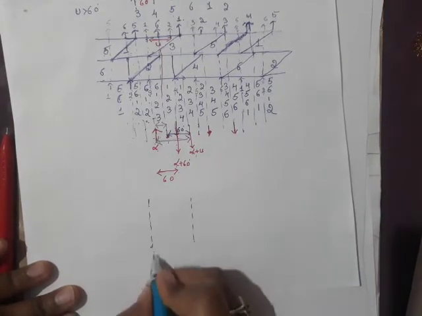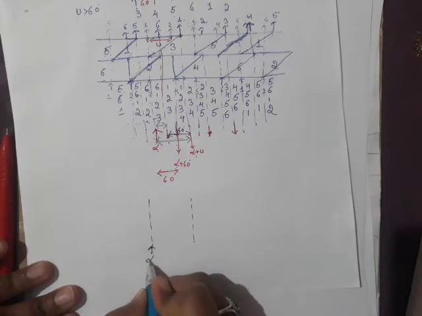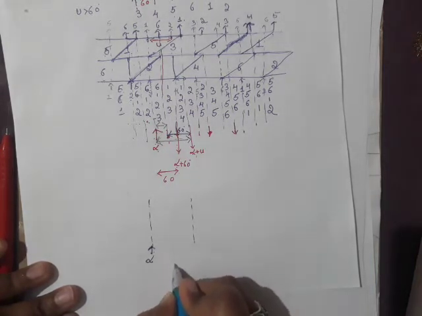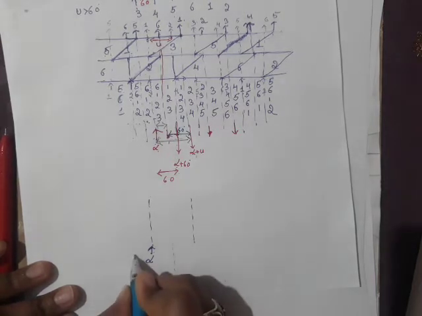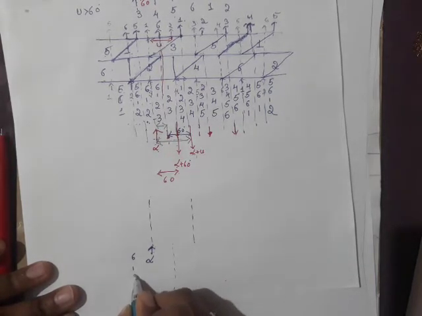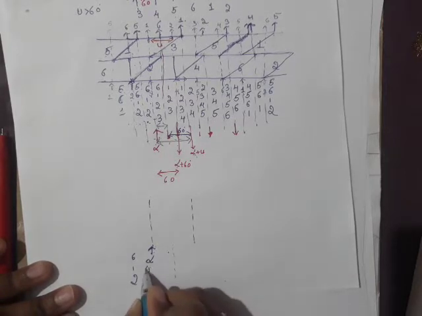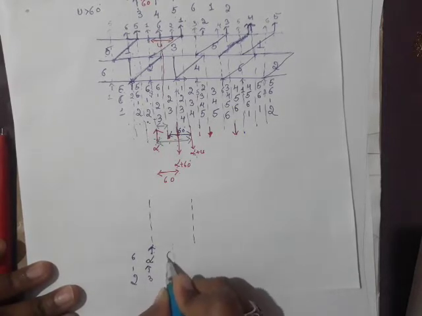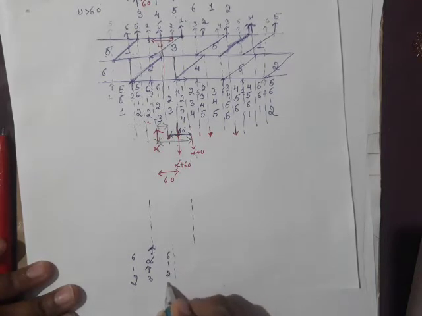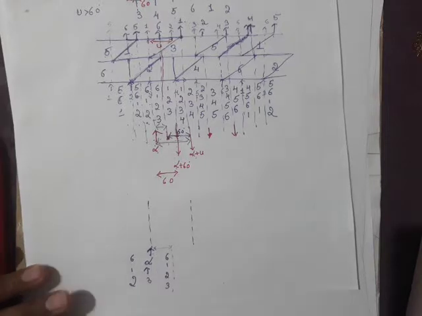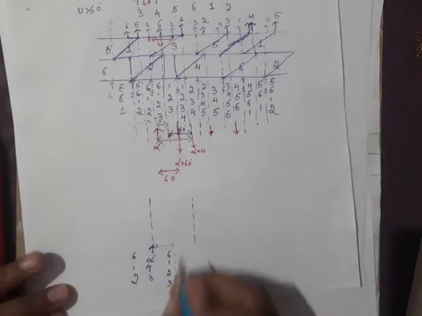Let me call this alpha. Here I have alpha, and when alpha comes into conduction, there is 4 valve conduction. Before that, valves number 6, 1, 2 are conducting. When I trigger alpha here, 3 also comes into conduction. When 3 comes into conduction, it is 6, 1, 2, 3 valve conduction during this period. I don't know what that period is yet, we'll find out later.